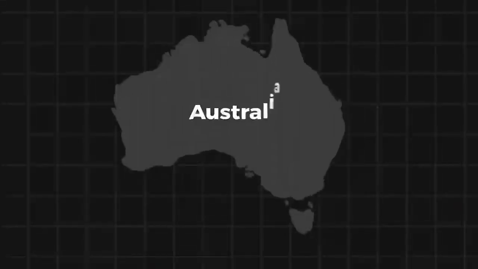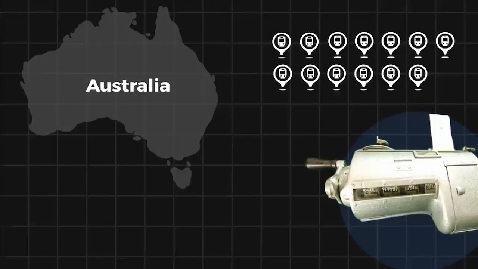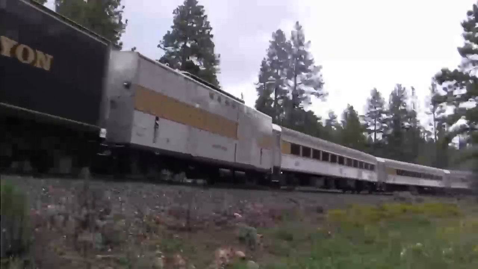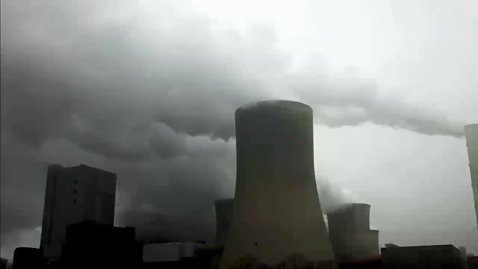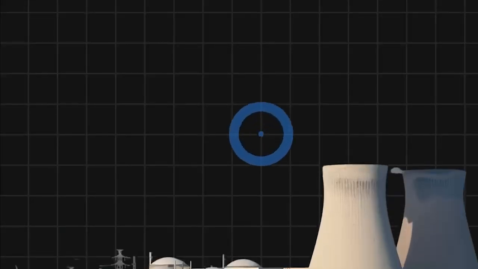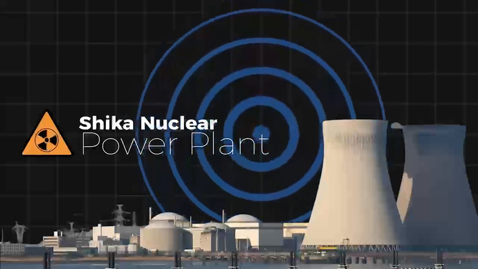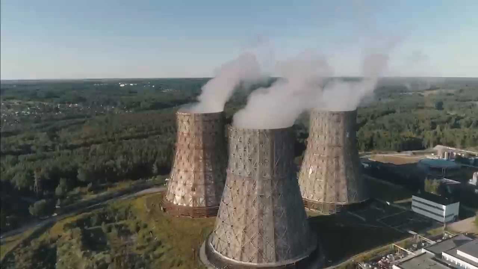In Australia, the ticket dispensing machines at 13 train stations experienced a temporary malfunction because of the Y2K bug. The glitches caused delays and frustration for commuters, showing how transportation systems can be vulnerable to these issues. There were concerns when the Y2K bug caused issues with the radiation monitoring equipment at the Shika nuclear power plant. Officials have reassured the public that there is no danger of radiation leaks, and no rise in radiation levels has been found.